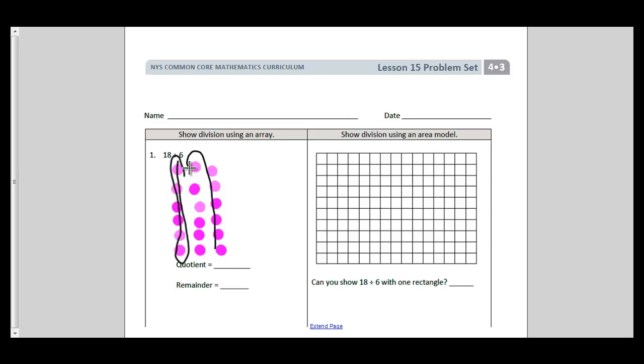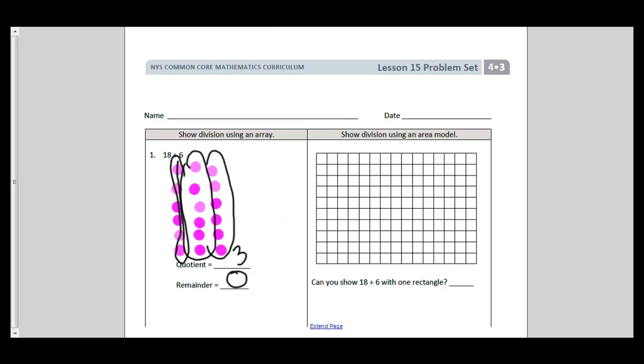One, two. I really am trying to do that neatly. I know it doesn't look like it. So 18 divided by 6, my quotient would be 3, and I had none left over, so I'd have a remainder of 0. So now I'm going to do the exact same thing, only this time I'm going to use